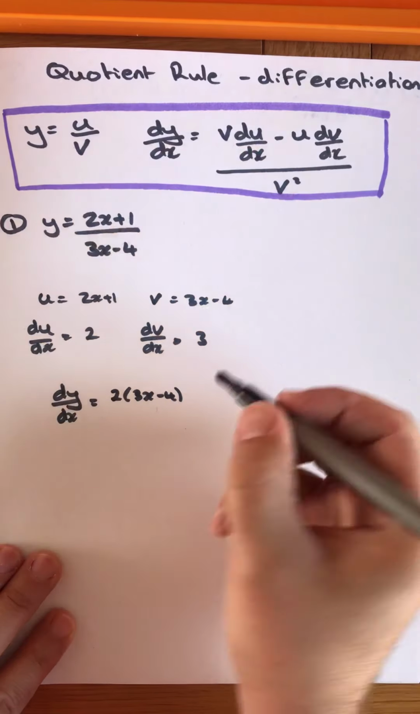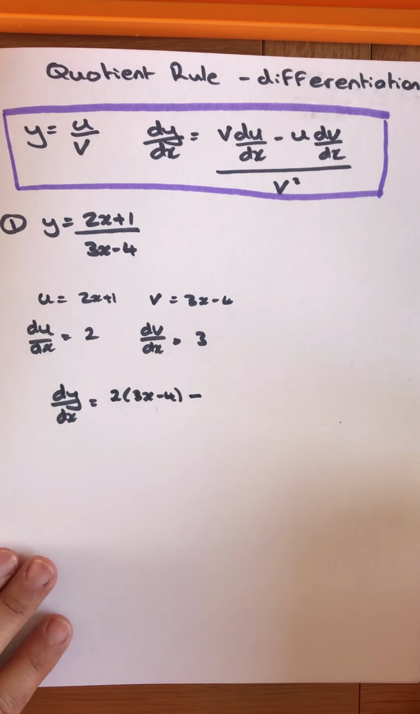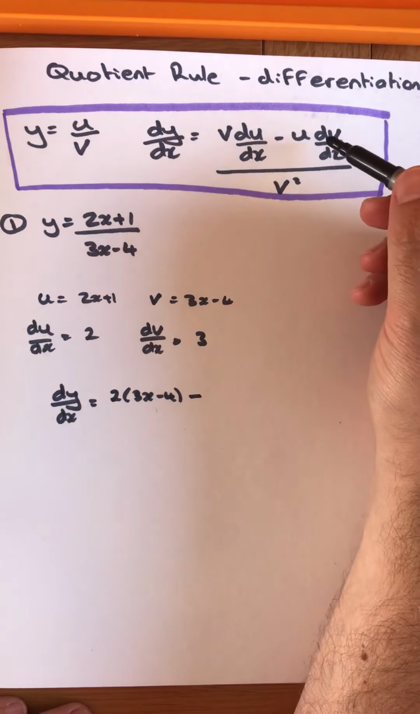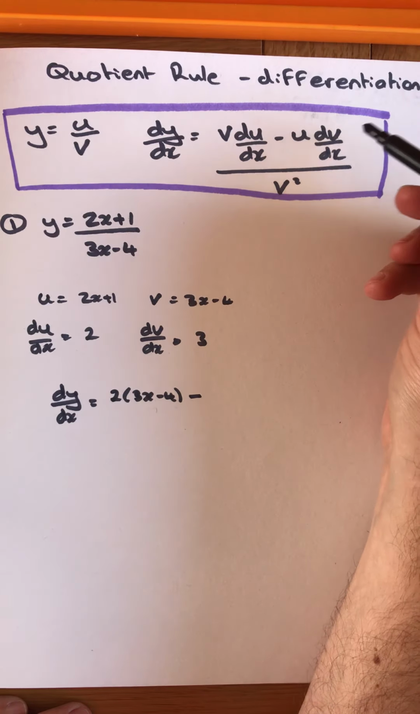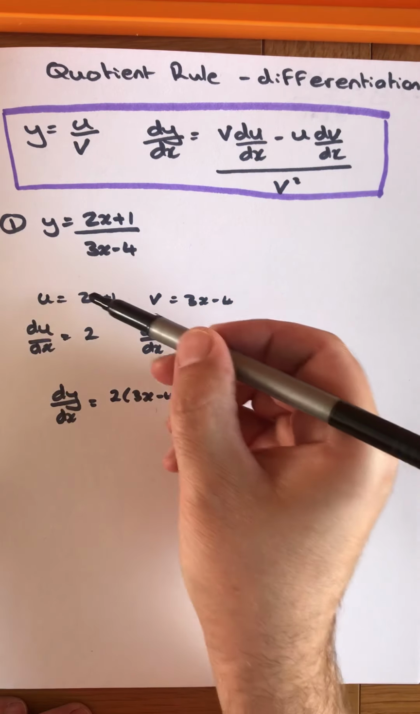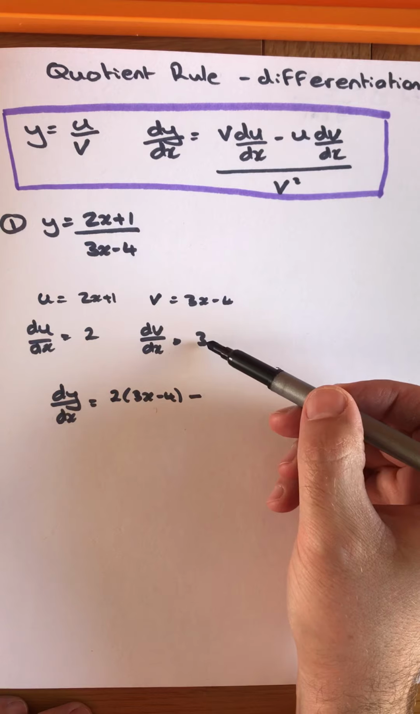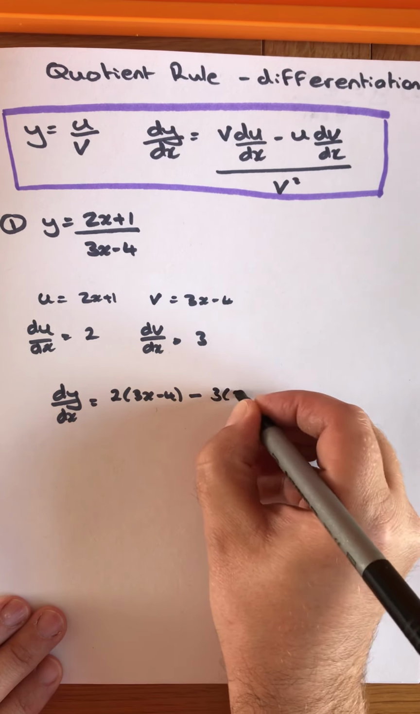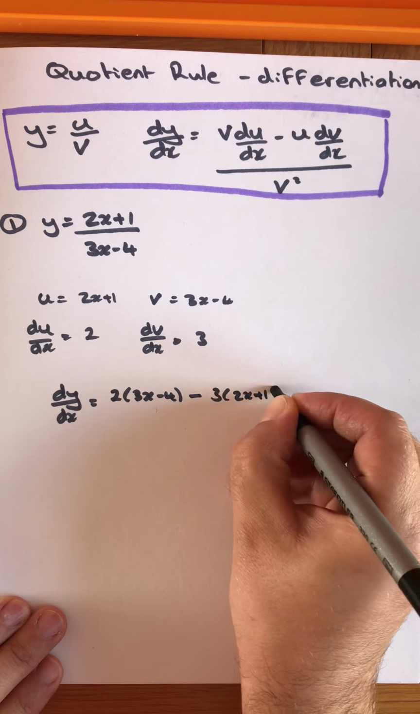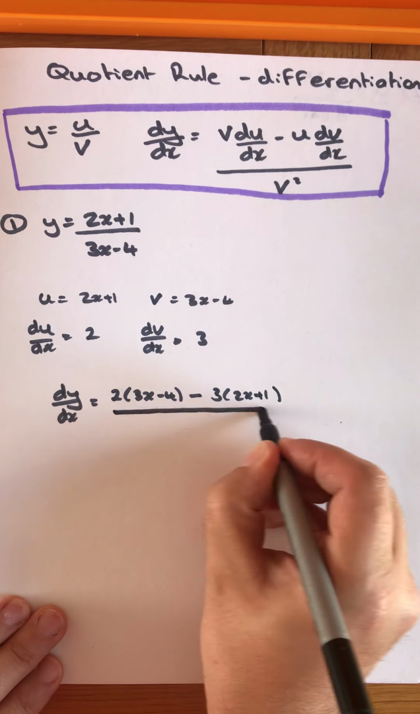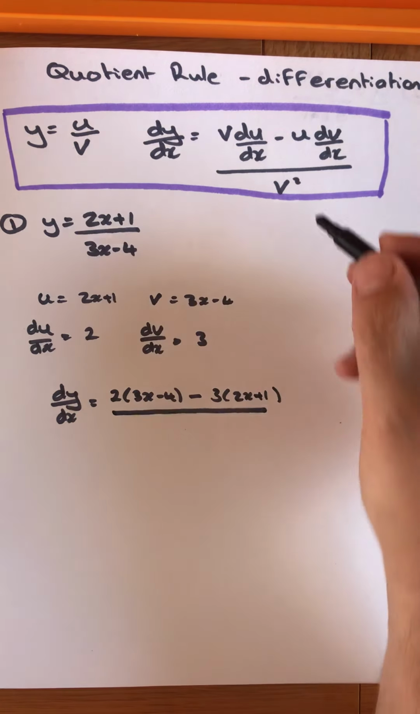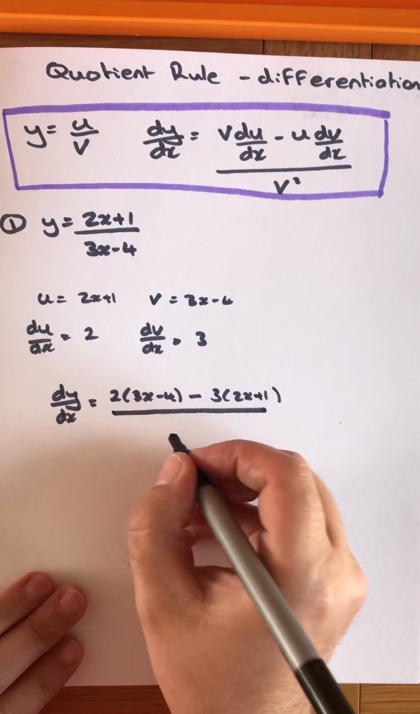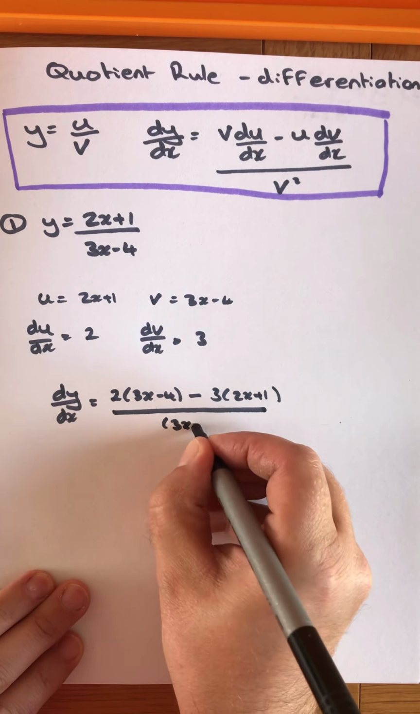Then the formula says that we subtract, that's a critical part of this, and we multiply the other pairing of u with dv dx, so we're going to times these two things together. And again, for neatness, I'm going to put the 3 in front of the 2x plus 1. But the whole thing is then going to be divided by v squared, so that's going to be 3x minus